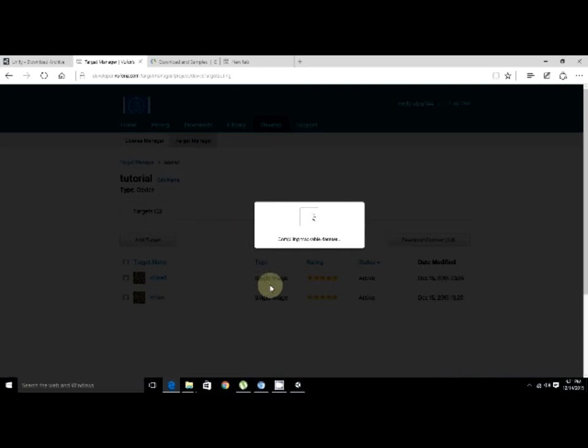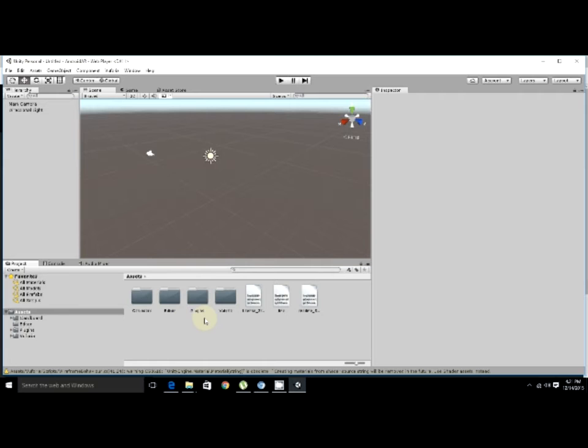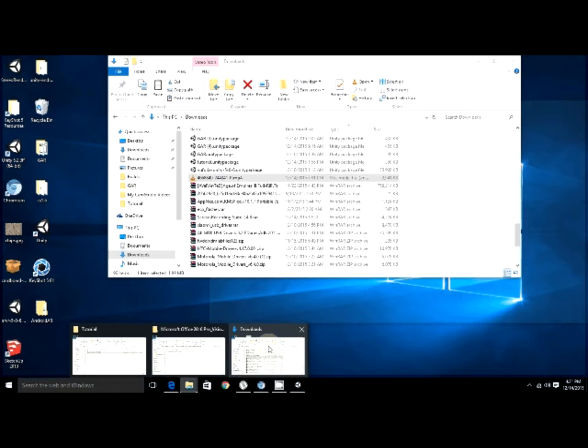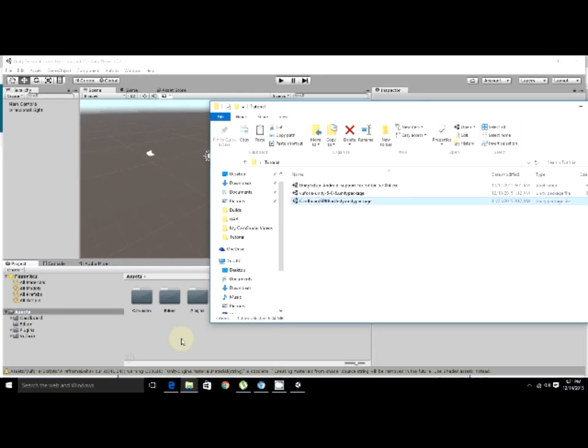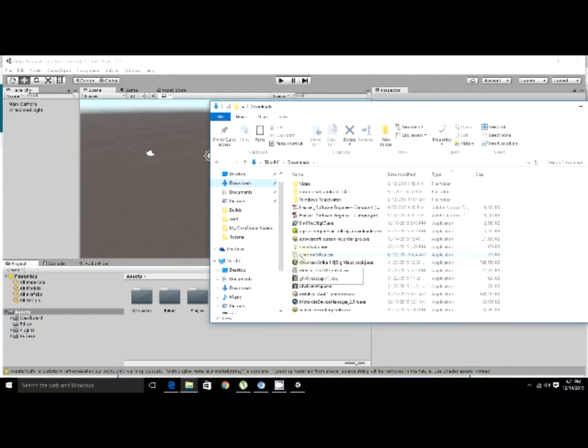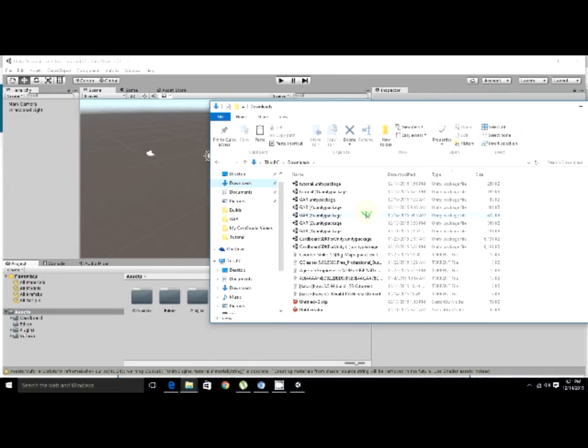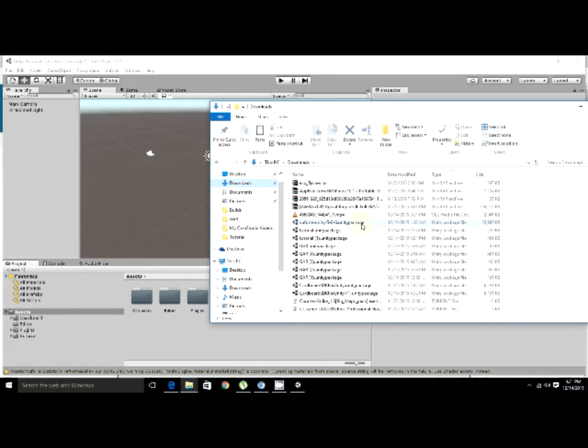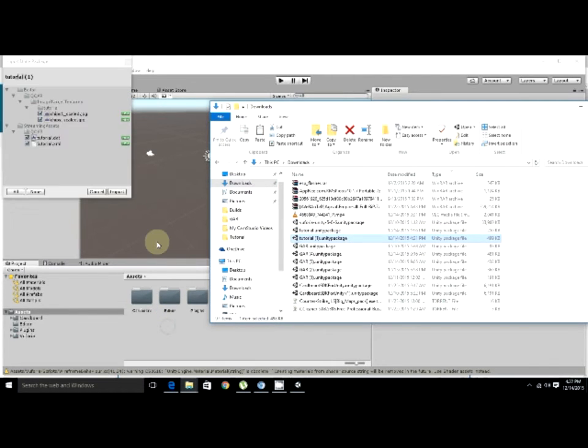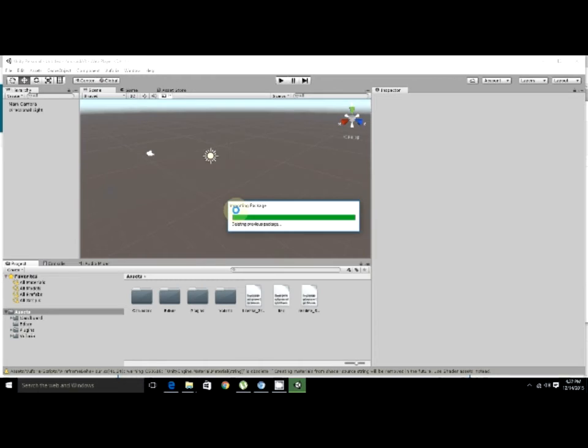Once this is downloaded, you have to import this package again into our Unity. For that, again we have to drag and drop it into your assets folder and import.